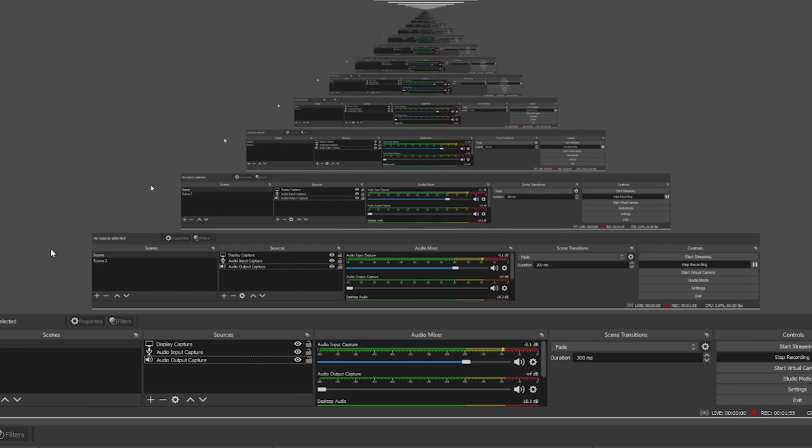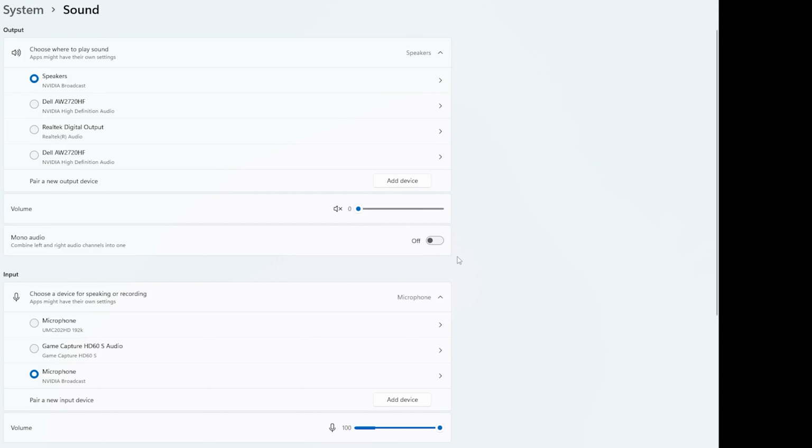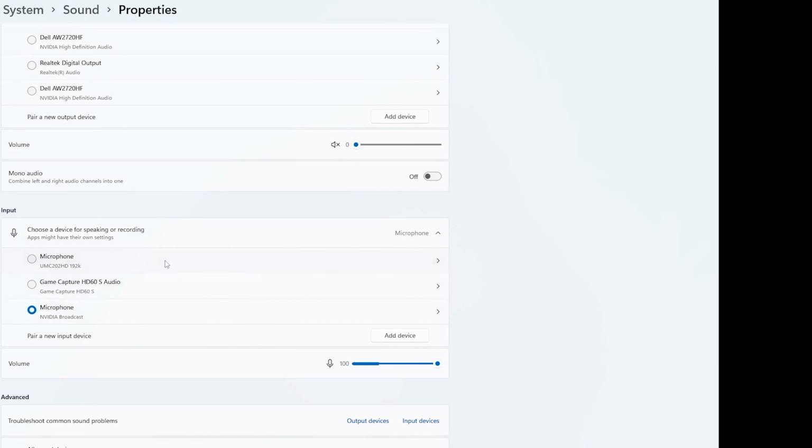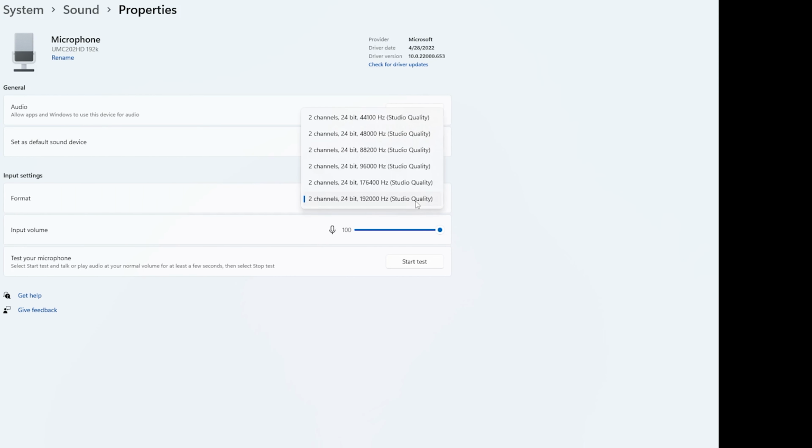So besides OBS Studio, another thing worth mentioning is in Windows 11, you could right click down here and select sound settings, which brings you here. While I'm at work, what I like to do is I'll select my mic, for example, and I'll select this as my speakers, typically. However, let me switch this back real quick since I'm talking. And essentially, if you select your mic and you go to the settings, you could actually choose channels, where 2 channels